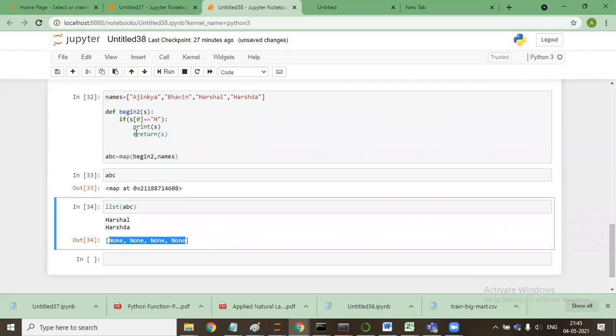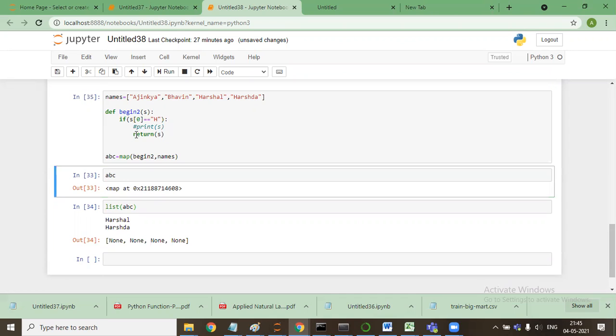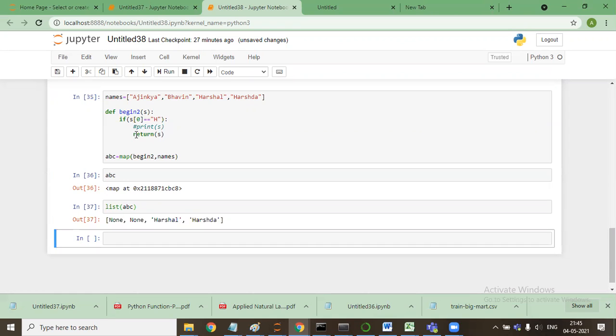Okay. Now let me tell you the second one. You see the difference. Now it is saying none, Harshal, Harshda. Earlier, it was not returning in a list kind of format, but it is returning when I use a map. It is saying none, and none.